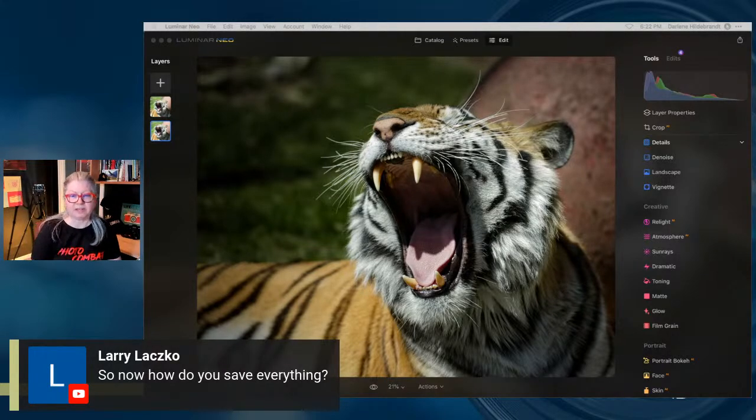Just put that up here. So I'm answering this question. Luminar is a database program. So it automatically saves your edits inside the catalog. So your Luminar Neo catalog is like your recipe book for your photos. So I like to use that analogy of a cookbook. So it's kind of like cooking your images, right? Your edits are in the catalog, and they only apply to the original image. Because if I look at the original,